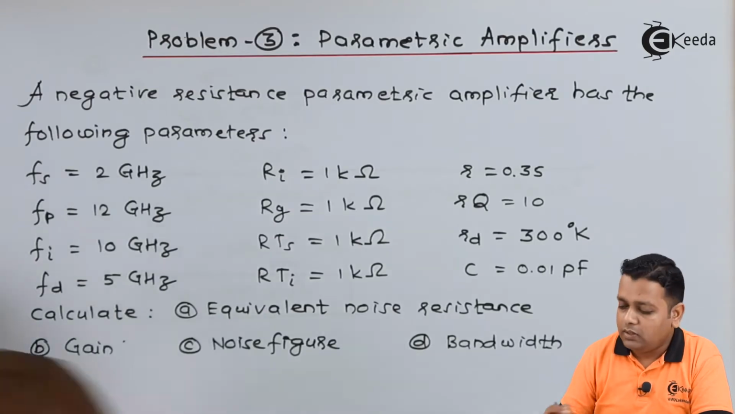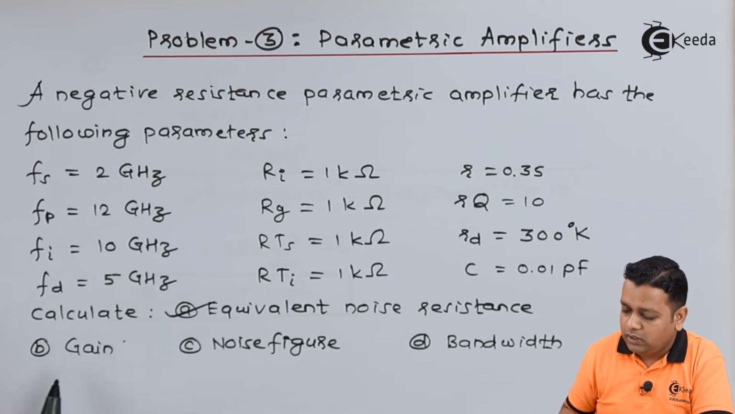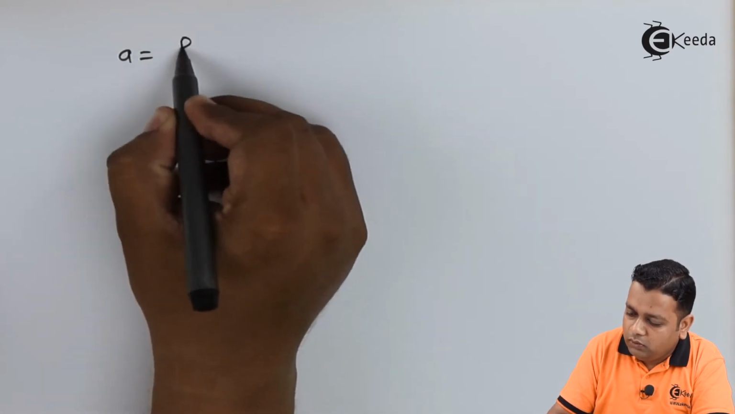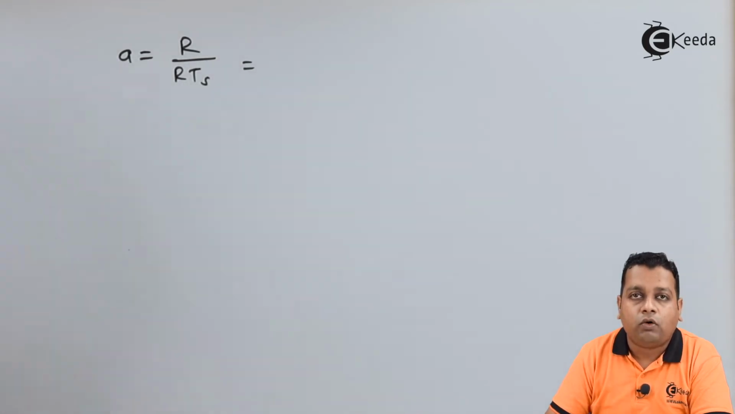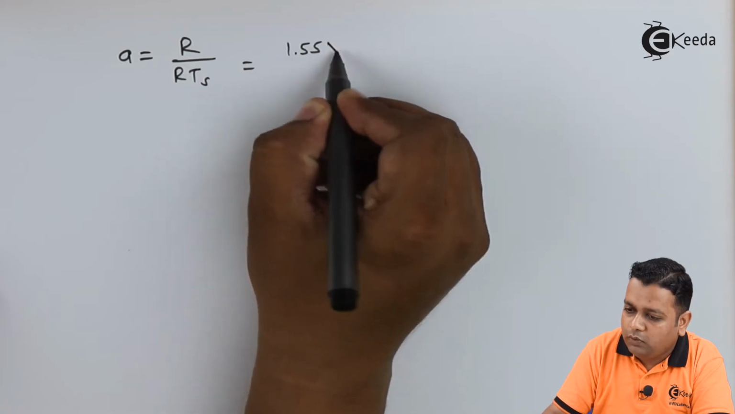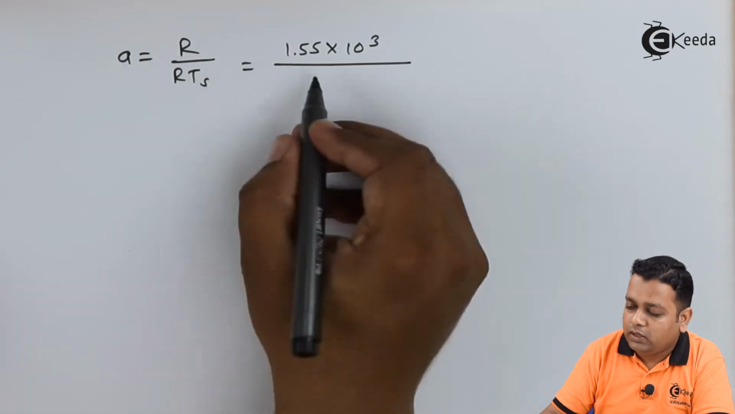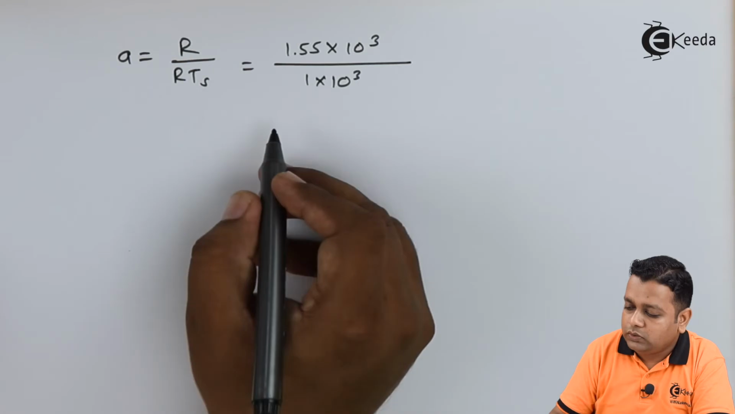Now we are completed with the answer for equivalent noise resistance. For part B, we need to calculate the gain. For calculation of gain, we can make use of one ratio, small a is equal to R divided by RTs. The answer obtained from part A can be used here, 1.55 into 10 raised to power 3 divided by 1 kilo ohm, that is 1 into 10 raised to power 3. So this gives us